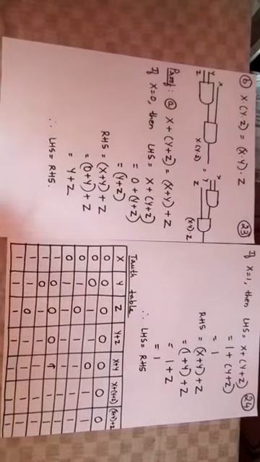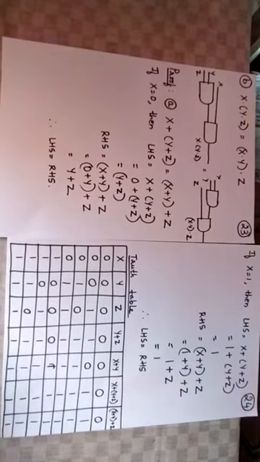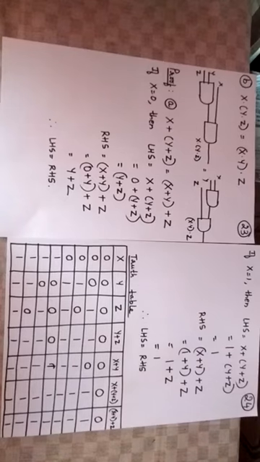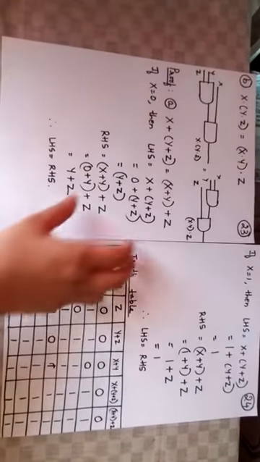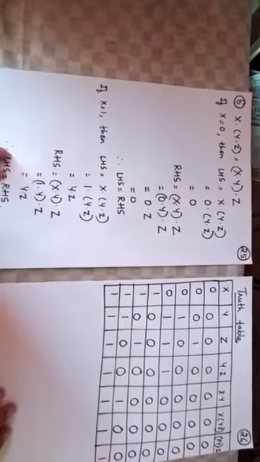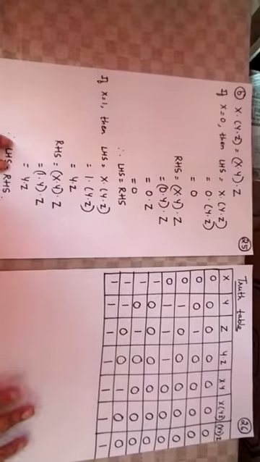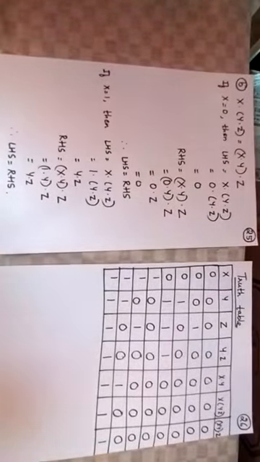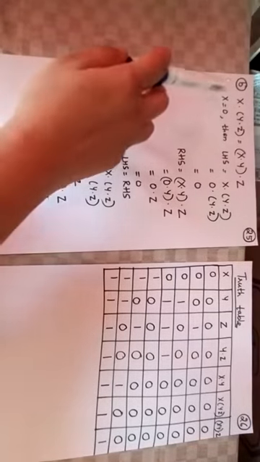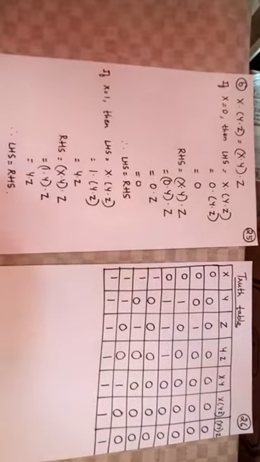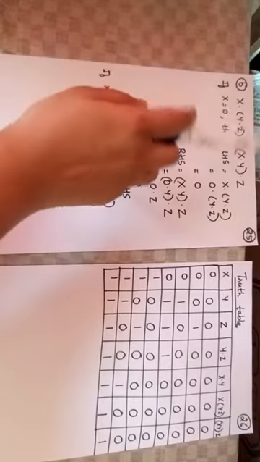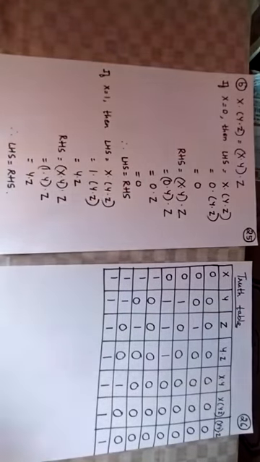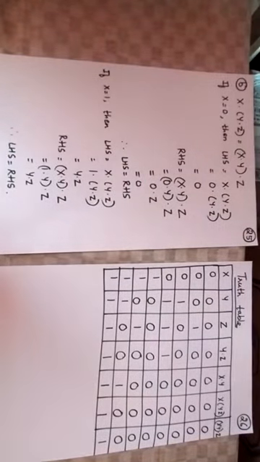This is the first associative law which we have proved using proof by perfect induction and with the help of truth table. Now coming to the next law under associative, which we have to prove using the proof by perfect induction method and with the help of truth table. So what does it say? It says (x · y) · z equals x · (y · z). So here we have again changed the places of parenthesis.